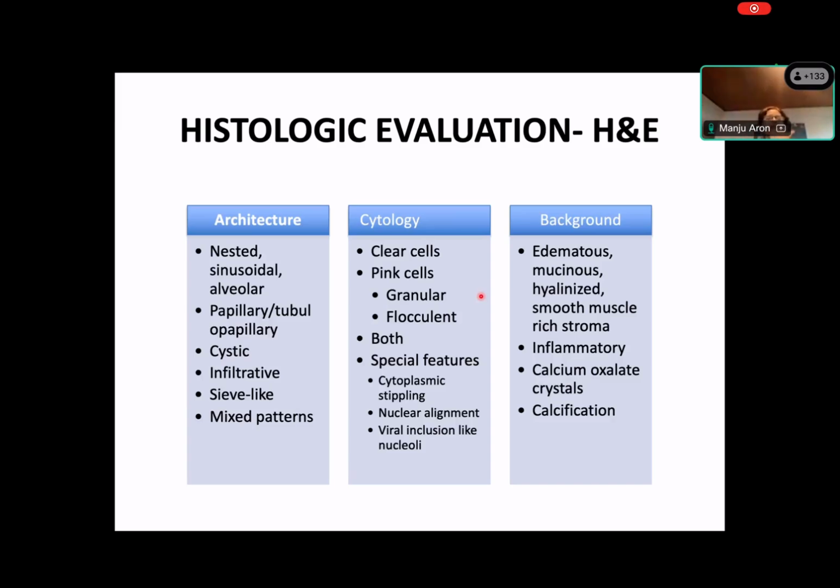So architecture, tumors can be nested. You'll hear terms like sinusoidal pattern, alveolar growth. Then you can have tumors which are papillary, cystic, infiltrative, etc. Then you look at the cytology. Are these cells predominantly clear? Is there a mixed kind of appearance with both clear and pink cells? And